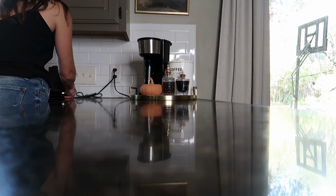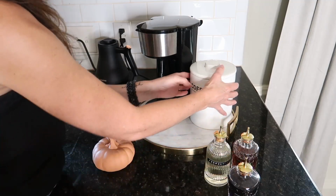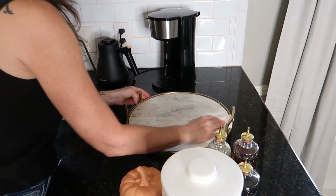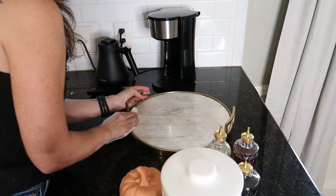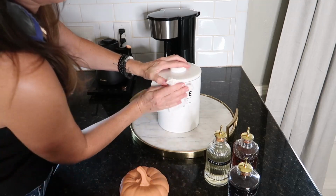Y'all, I love having this little coffee bar, this coffee station. I think it's so cute, but I'll be honest, I rarely use those coffee syrups anymore. I have been gravitating towards just using honey in my coffee in the afternoons. I actually don't use any sweetener in my coffee in the mornings since I do intermittent fasting,